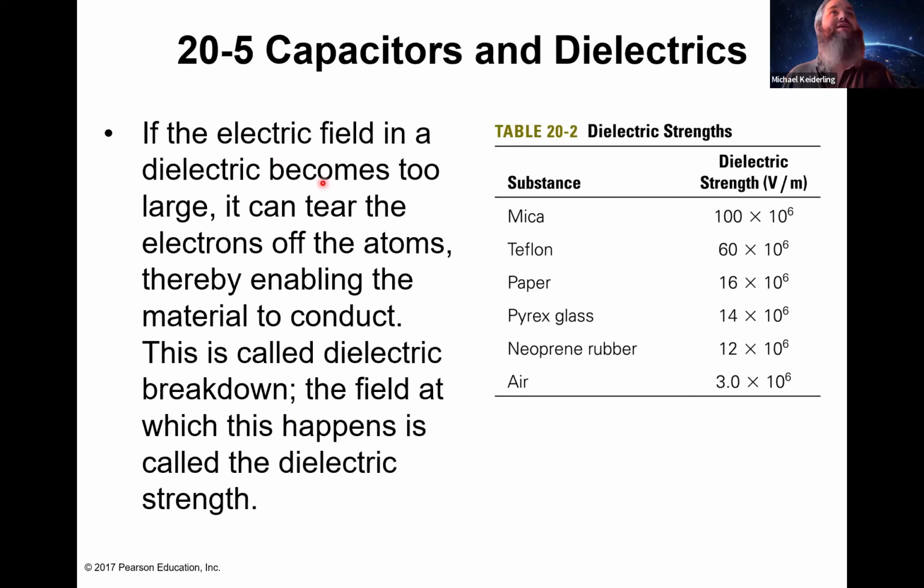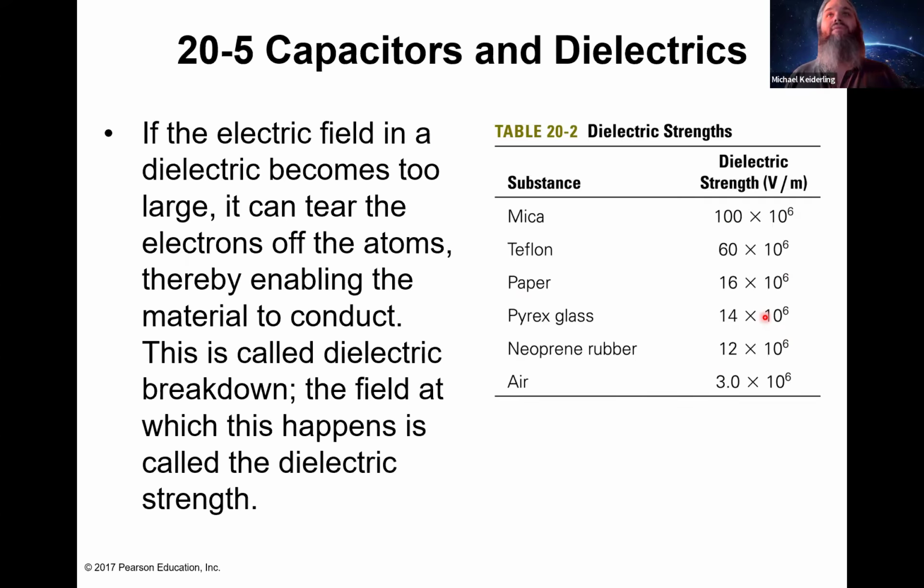So if the electric field in a dielectric becomes too large, it can tear electrons off the atoms, enabling the material to conduct, and this is called dielectric breakdown. And the field at which this happens is called the dielectric strength. And that's measured in the same units as electric field, which is in volts per meter. So the maximum electric field a dielectric can take in volts per meter, you want to try and maximize that,